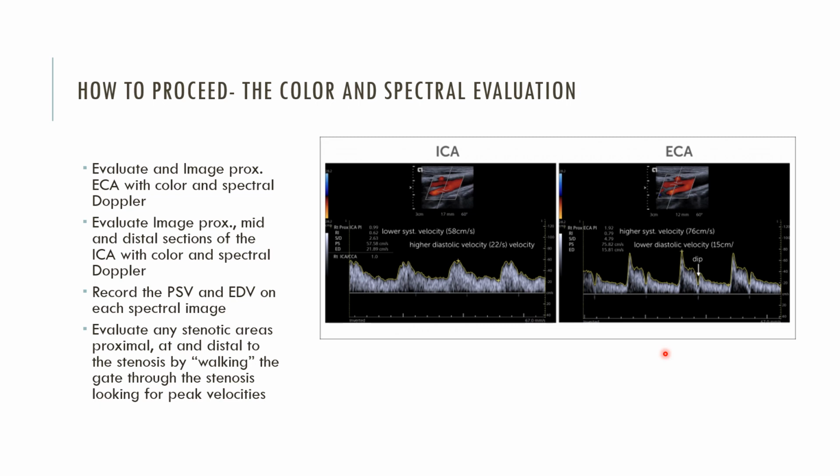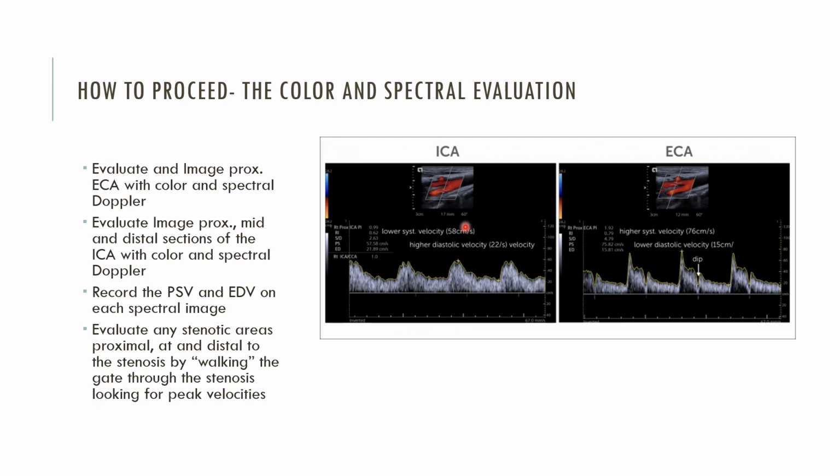Sometimes it can take a lot of adjustments with your color to be able to follow that vessel as far as you can. One of the things, as you'll see the ICA does, is as it comes back to about this region, it starts to sort of go posterior away from you. And so it can be harder to get blood flow. You may have to adjust your